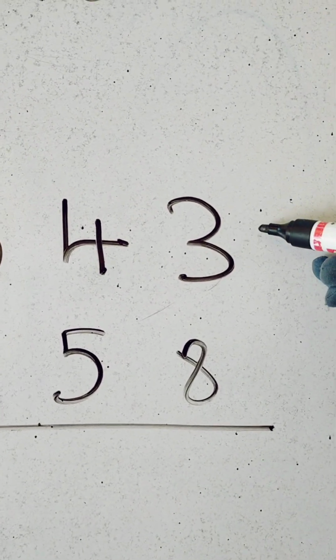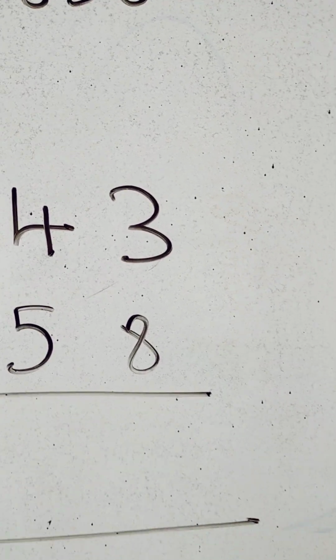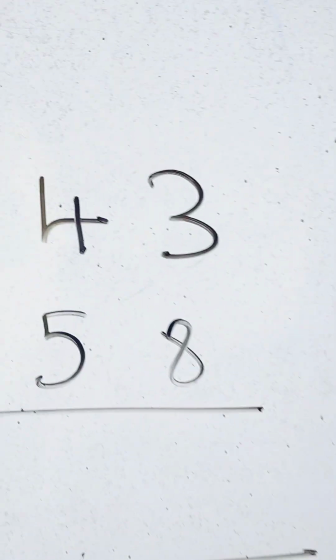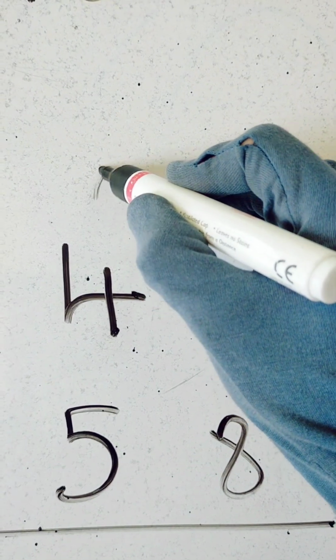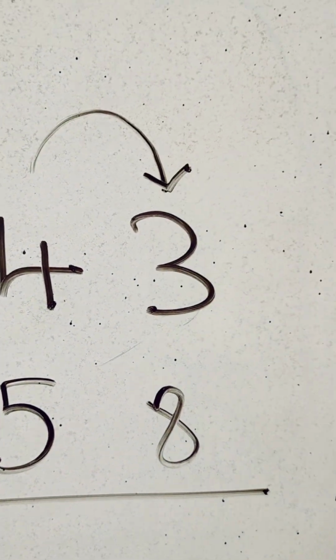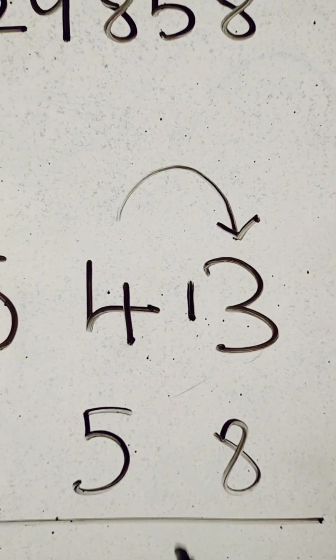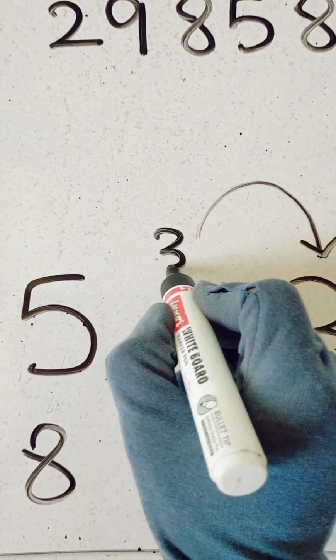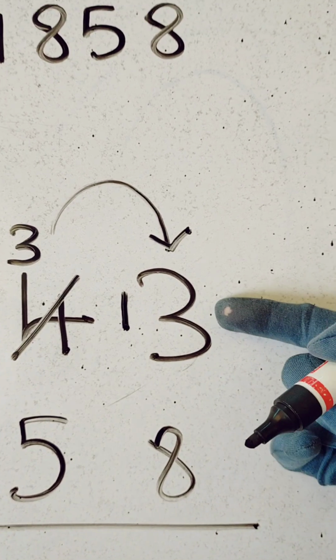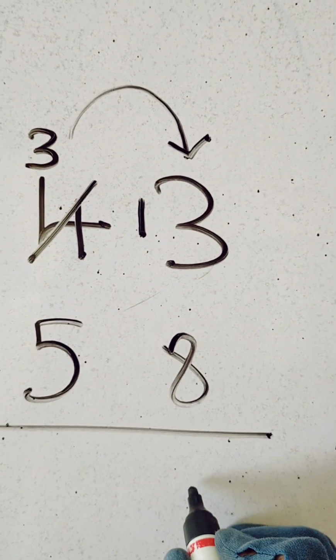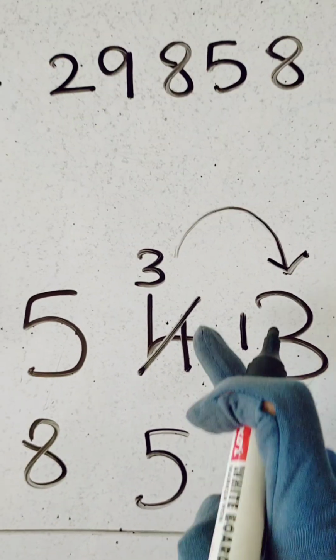Now 3 minus 8, can you do this? 3 is smaller, 8 is bigger, you cannot subtract. So what you will do? You have to borrow a little. You will borrow 1 from the neighbor. So this 3 will become 13 and this 4 will become 3 because it donated 1 here. Now from 13, if you minus 8, how much will it be? 5. Yes.